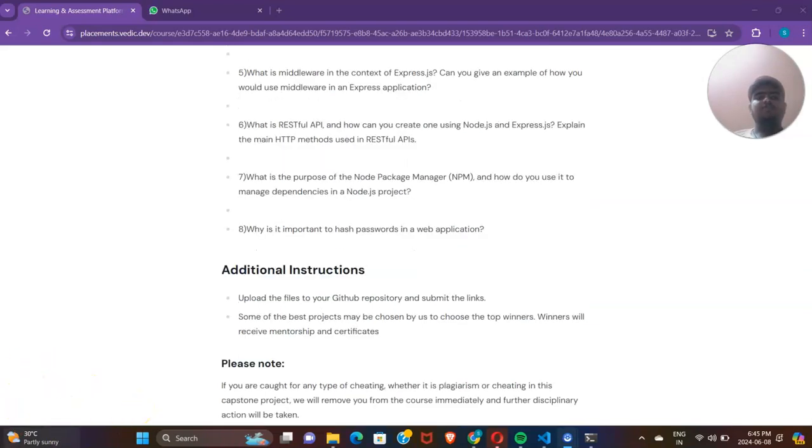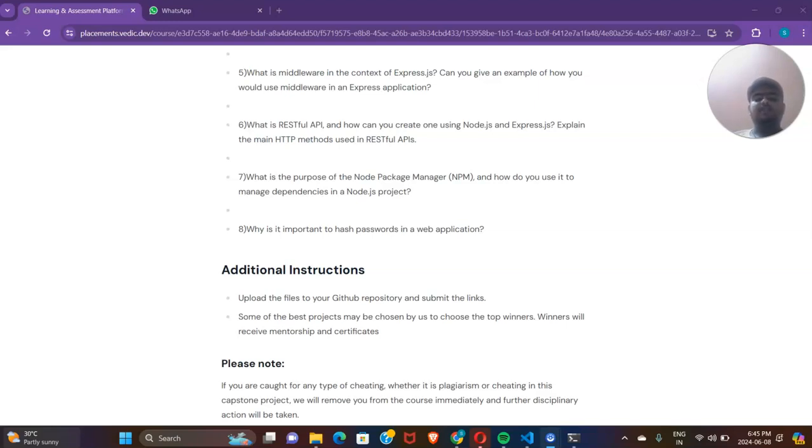The next question is: what is middleware in the context of Express.js? Can you give an example of how you would use middleware in an Express application? Here, middleware functions in Express.js are functions that have access to the request object, the response object, and the next middleware function. They perform tasks like parsing request bodies, logging requests, and handling errors.